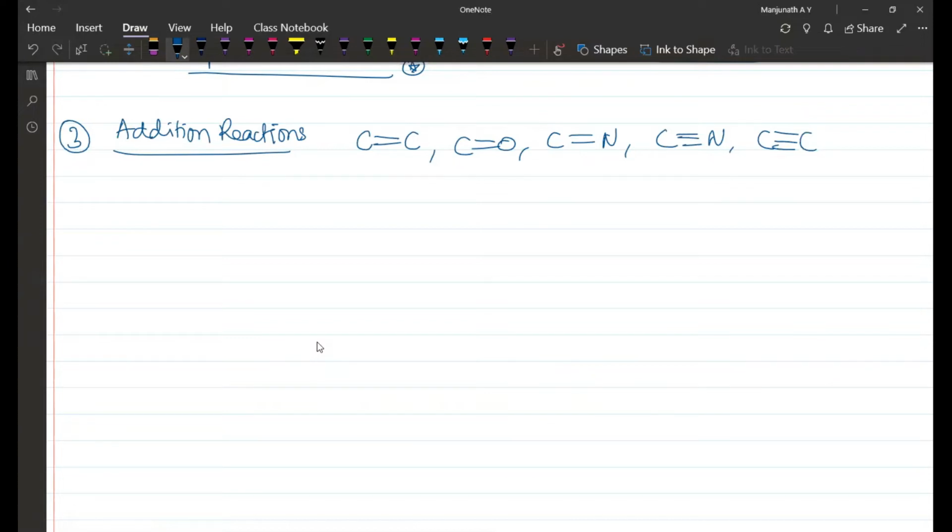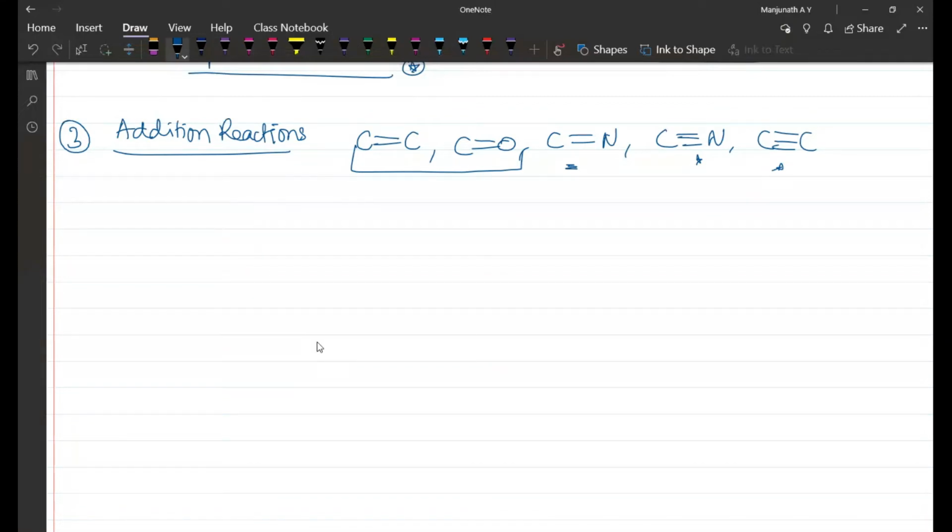Okay. Most of the questions which we will be facing are in this only, a little bit about this and this. Very rarely we hear about imine reactions, but mostly we will be dealing with carbon double bond carbon and carbon double bond O. So in first year you deal with alkenes, and in second year you deal with carbonyls. So both are important. Let us learn it thoroughly, and it's not very difficult.